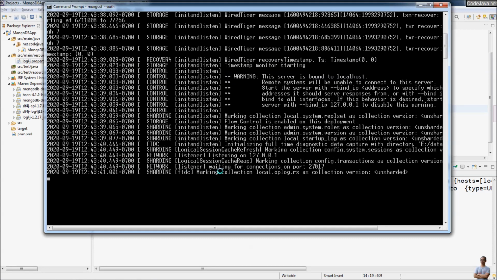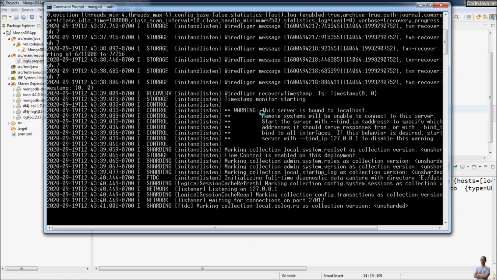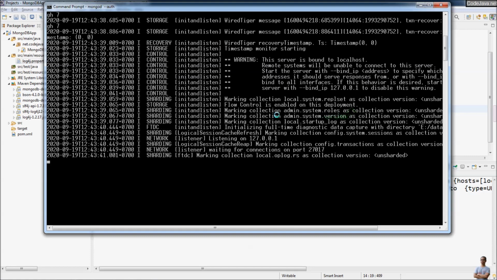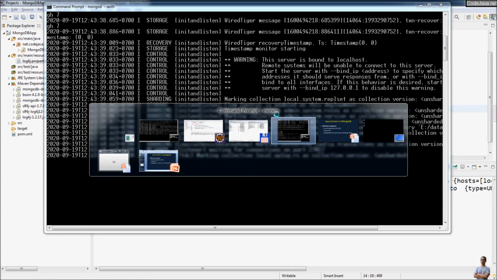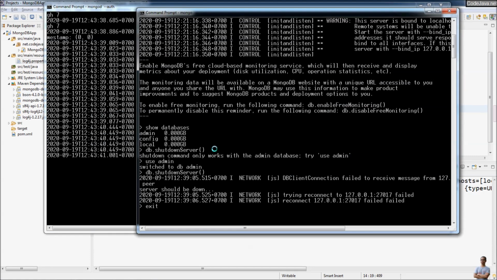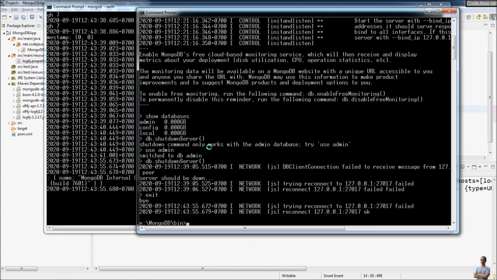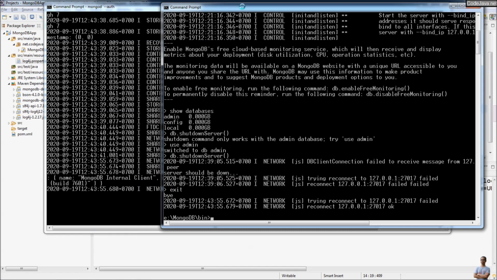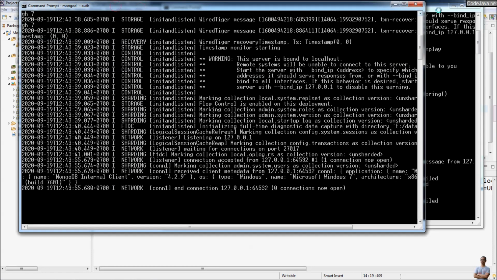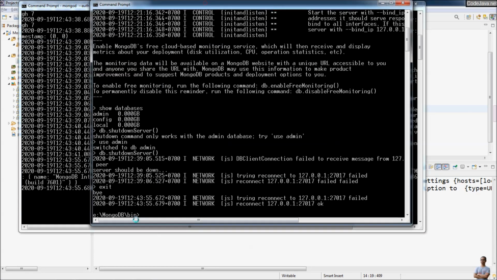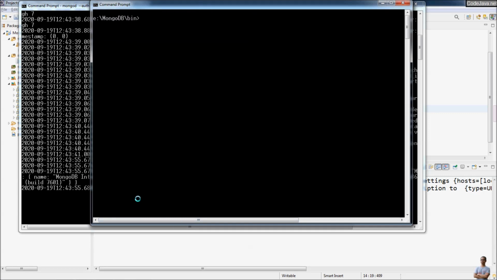And you can see the server is up and running, and this time we have only one warning. This server is bound to localhost here. And now let's use the MongoDB shell here to connect to the server with username and password here. So type this command